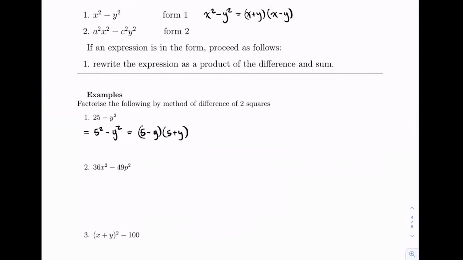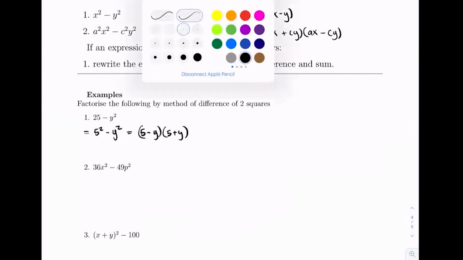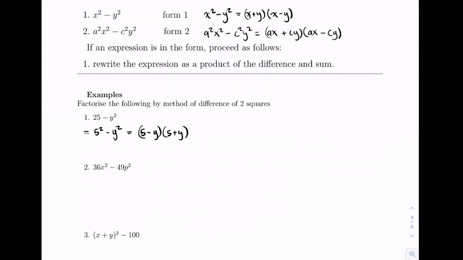Okay, and for the second example, where we have a squared x squared minus c squared y squared, we say that this is ax plus cy multiplied by ax minus cy. So once you have identified the form, you can immediately write down the factorized version of it. Okay, so let's move on to